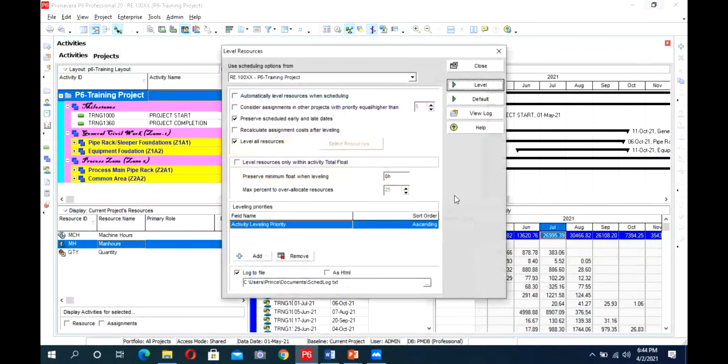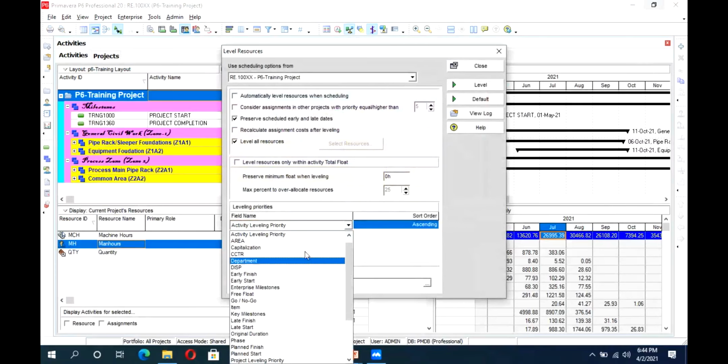There is a resource leveling activity. Here, there are also some priorities from which you can set how it should level the schedule. You can add the activity leveling priority in your activities, so that first it will work on these 2, 3 buildings. Similarly, there is an option in which you can assign the maximum resource assignment. So it will assign it, and then you run the level command. It will make some activities start delayed or earlier as per their resource availability, keeping in mind your upper limit. So you can have it from this leveling option.